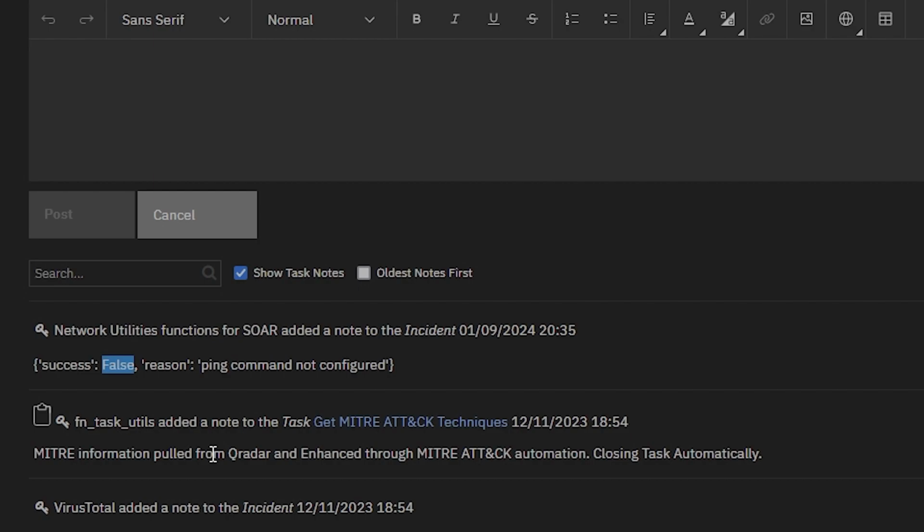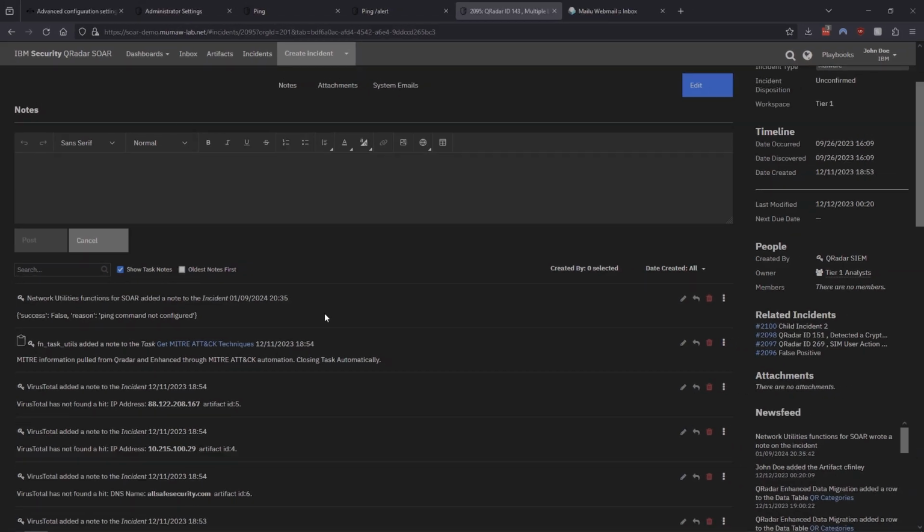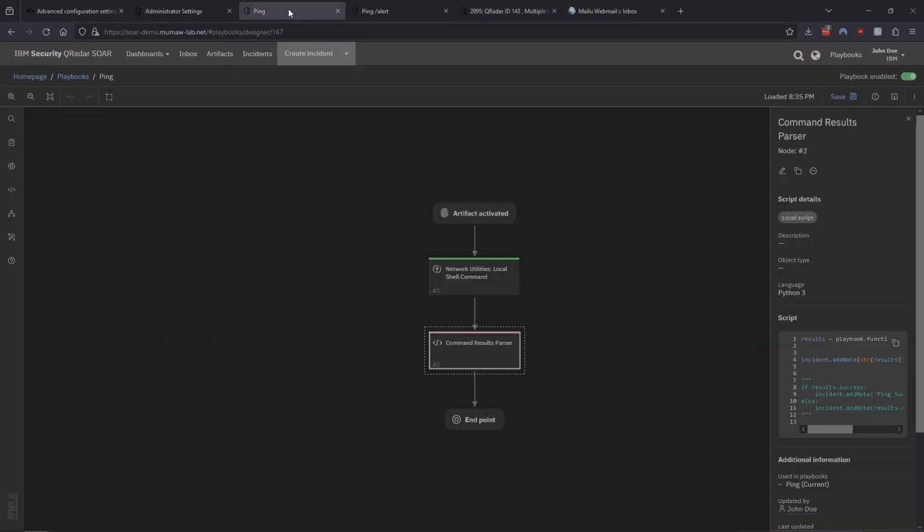Now, in some of the pre-process or post-process scripts or some of the sample playbook scripts that you may have seen, they say, if success, then do something, else do something else. That's because it's looking for success equals true, and if this equals false, then it would do whatever that else path is. But if you're not using the trap exception, it's probably never run that else command for you, because it's never going to capture that false output. So that's why, now that we've got the trap exception working,